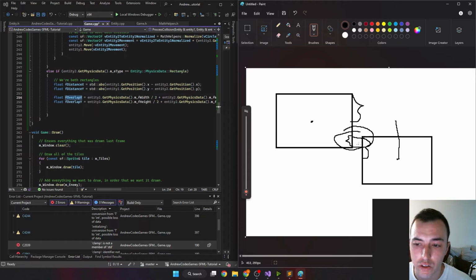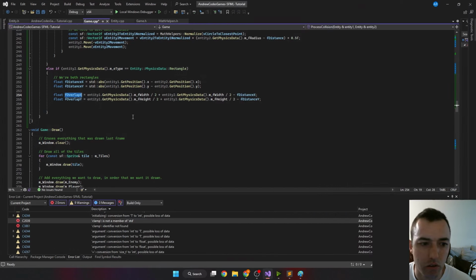And then what we essentially do is we do the exact same calculation, but with the heights. So we measure this half height and this half height, and then we measure the distance between these two, and we subtract them. And in this case, you'll actually end up with a positive value, and that positive value will be the distance here. Now, this means there could be a collision, but there isn't, because this value, the x distance, ended up being negative. But when both of them are positive, that means there's definitely an overlap, which is all this is doing. It's very simple,